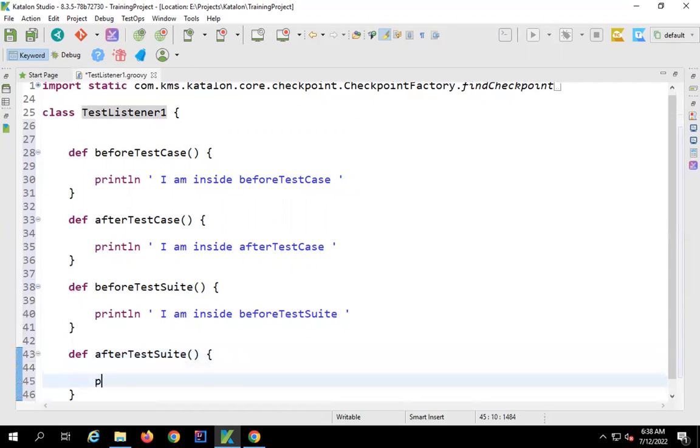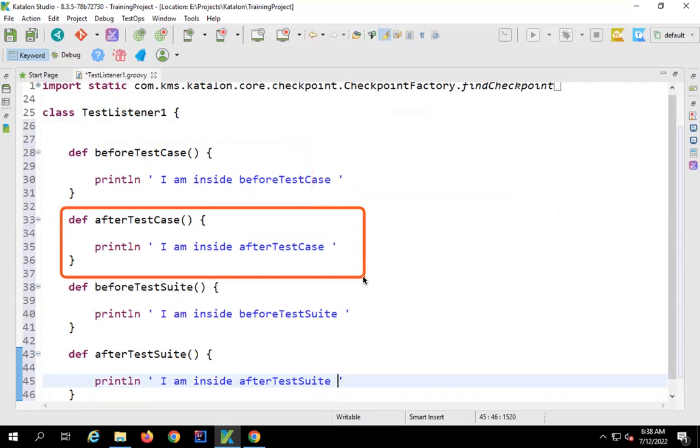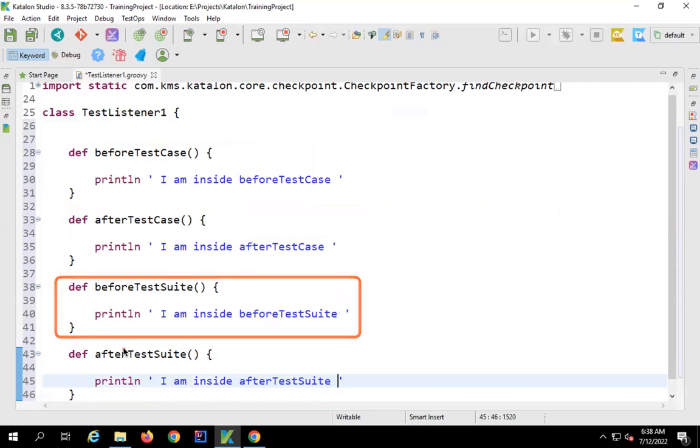And here I will say I'm inside after test suite. Okay, so we have got these 4 functions created: before test case, after test case, before test suite,